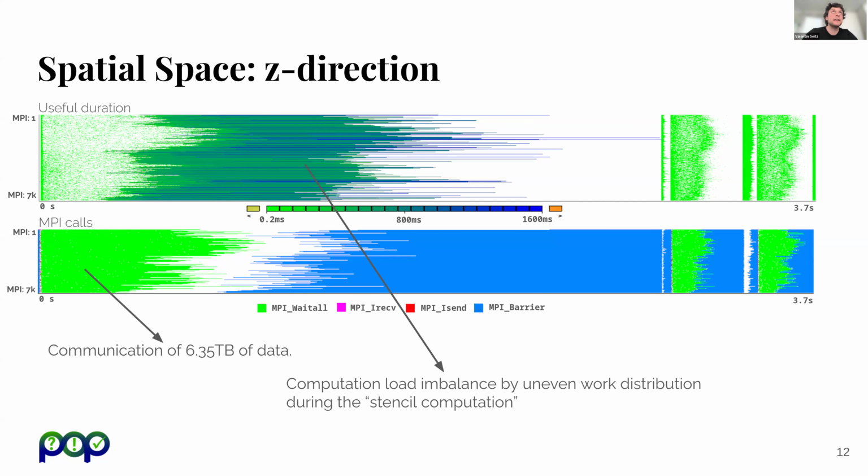Then the second thing we can easily see in this picture is that we have very different shades of green and blue. What does this mean? Well, this means that different processes spend different times in the computation phase, because remember, this is the very long free-running computation phase. So what we basically see through this color shading is that we have load imbalance, and I can give you some numbers. So the most loaded process, which is probably one of those that arrives very late here to the barrier,